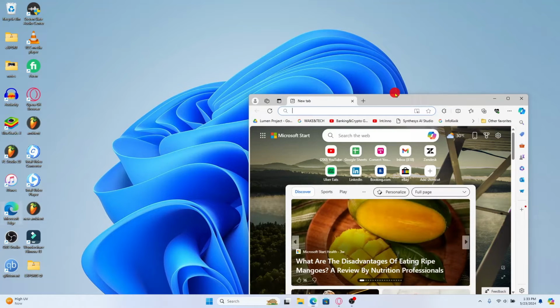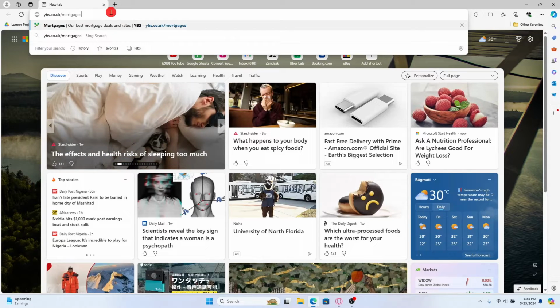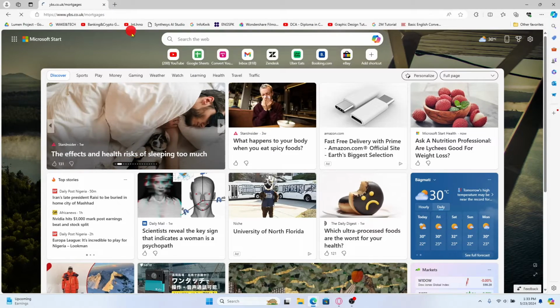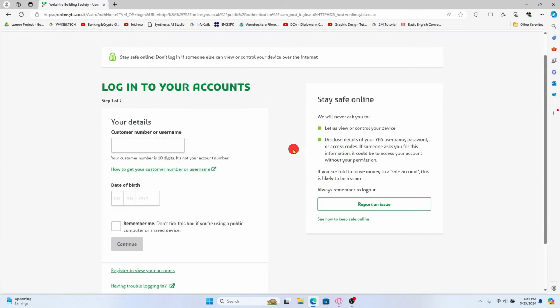First of all, open up your web browser and then in the address bar type in ybs.co.uk/mortgages and press enter. You will now be taken into the Yorkshire Building Society mortgage account. Go ahead and click on the login button at the top right corner and you will be taken into the